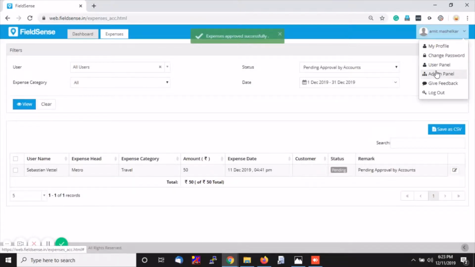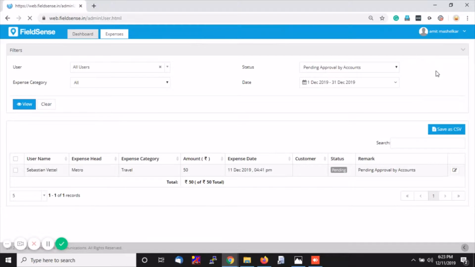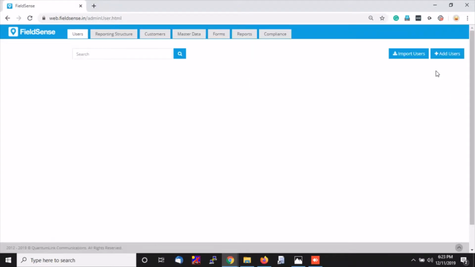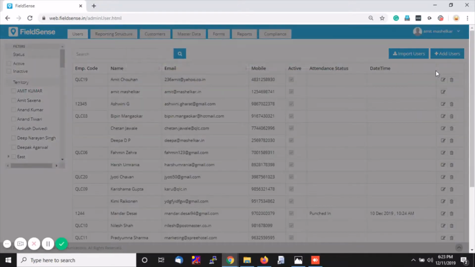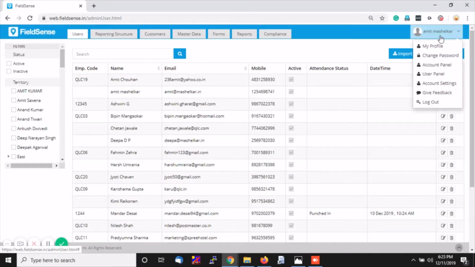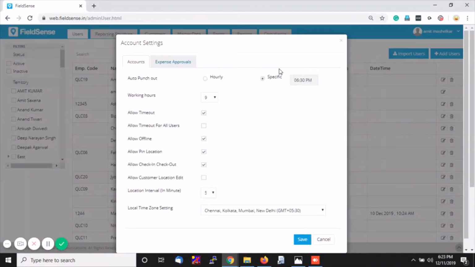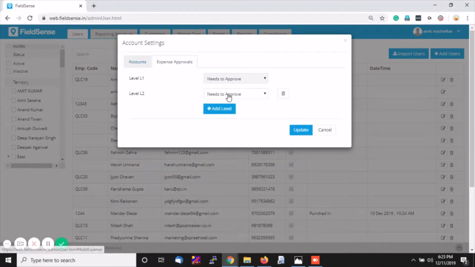In case if we have selected the settings such as need to be notified, then a notification will be displayed on Amit's cell phone.